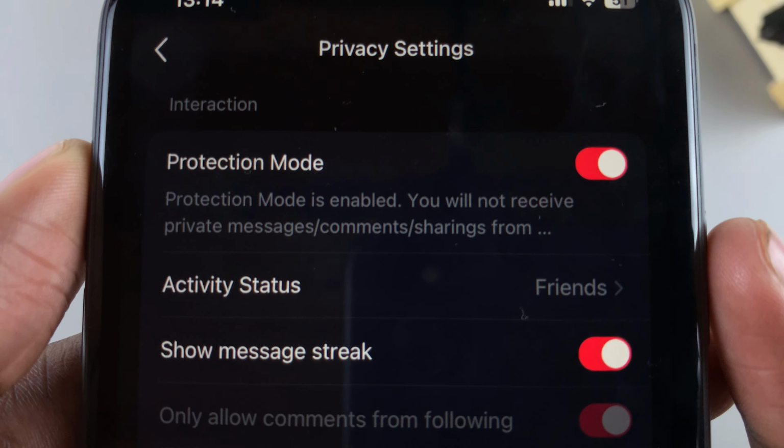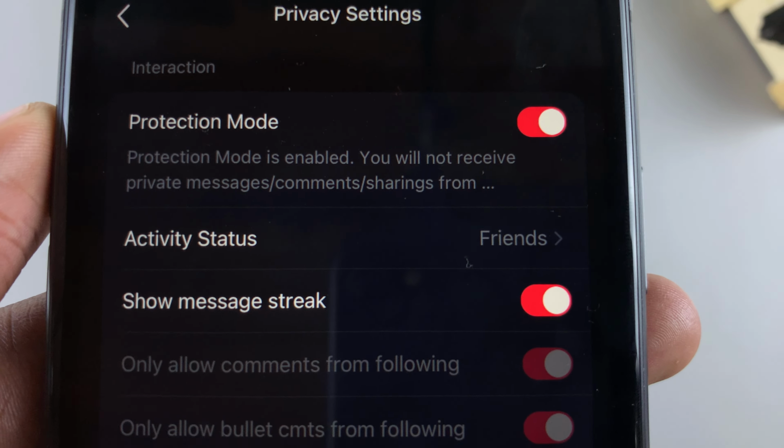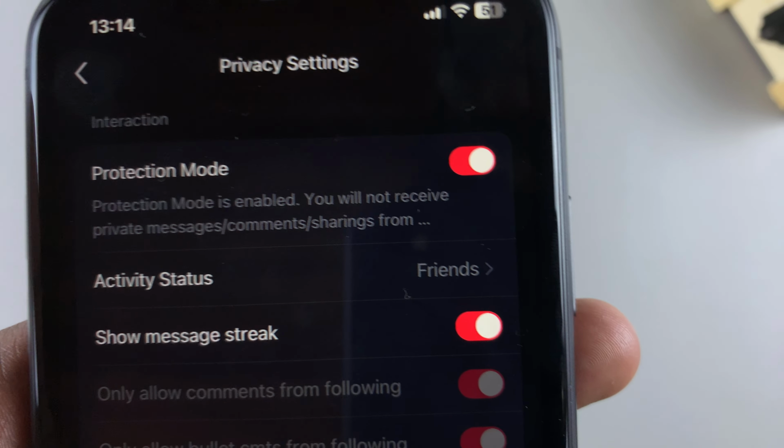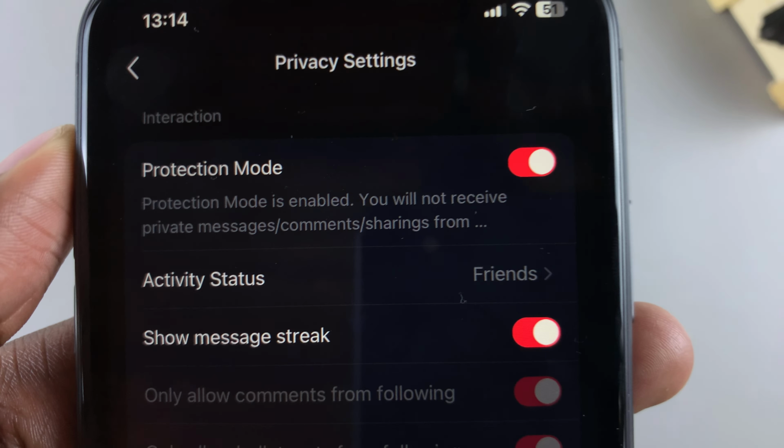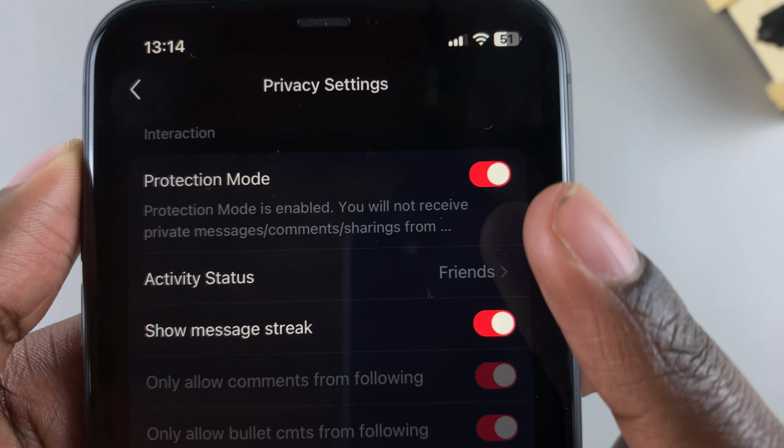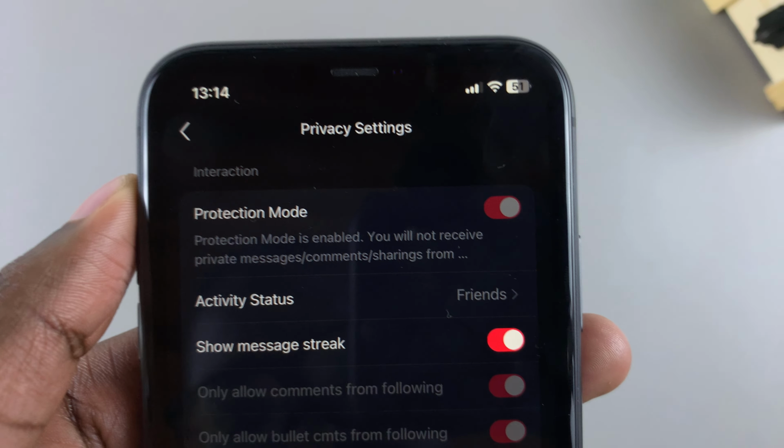So when protection mode is enabled, you will not receive any messages, comments, or sharings from the person you unfollowed in the last 7 days. So in order for you to disable it, just tap on the toggle like this, and then it will be